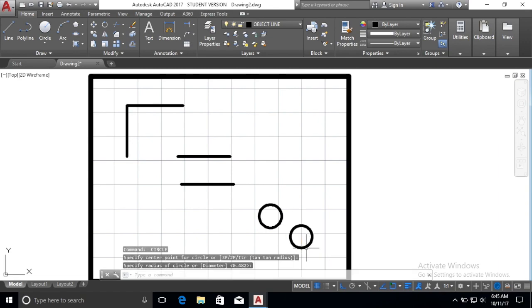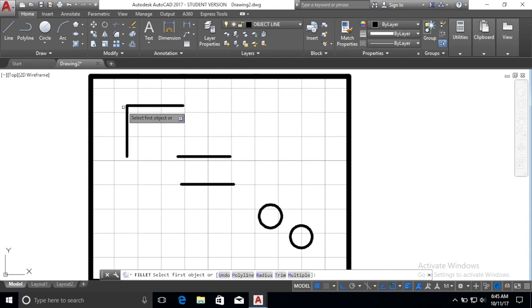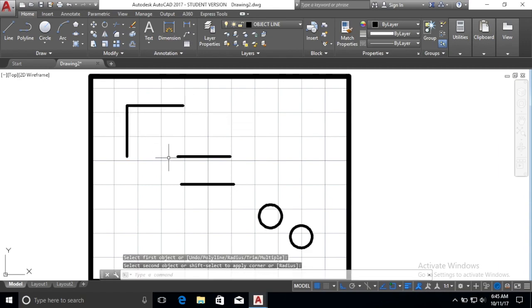Okay, so after drawing our shapes, we're going to go up to the fillet tool in the modify panel. And it looks just like the fillet tool that we used earlier on the rectangles. And you simply select the 2 edges that you want to fillet. Now, it defaults to a 0 radius fillet, so you're not going to see anything unless you change the radius